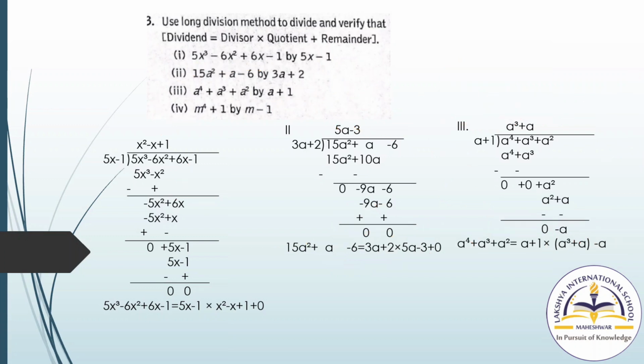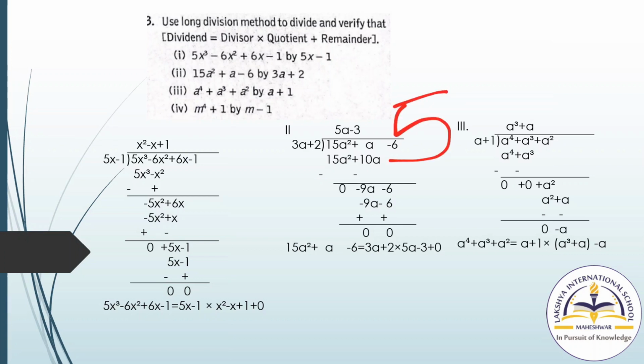Now minus 5x square plus x, here we get by multiplying minus x into 5x minus 1. Now you have to change the sign. If here it is minus, then here you have to write plus, and if here it is plus, then you have to write minus here. Now you can see it cancels out to 0. Now 6x minus x, you will get 5x, and the greater sign is plus 6x, so we will mention there plus 5x minus 1.